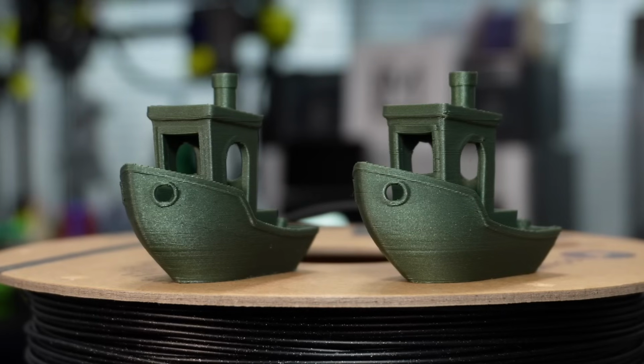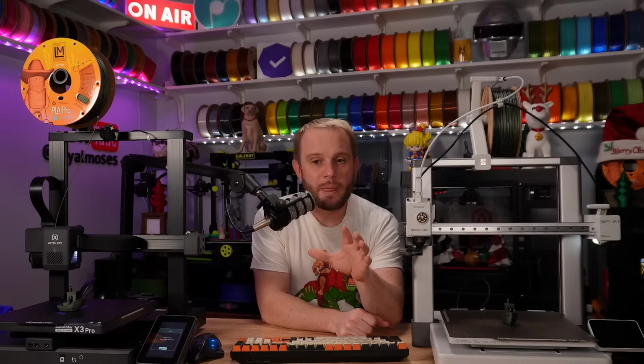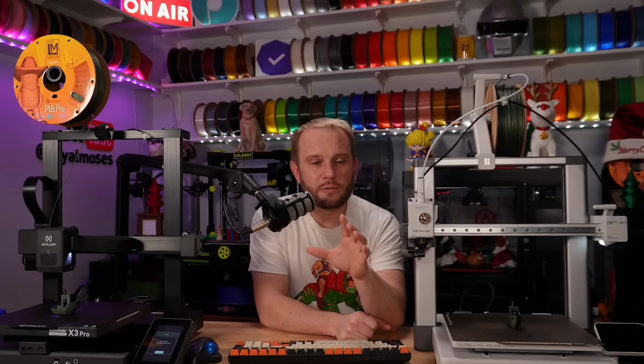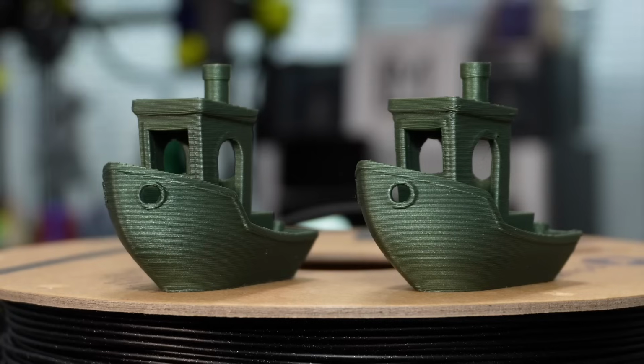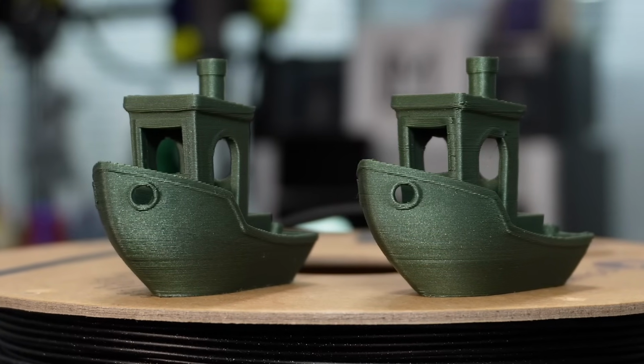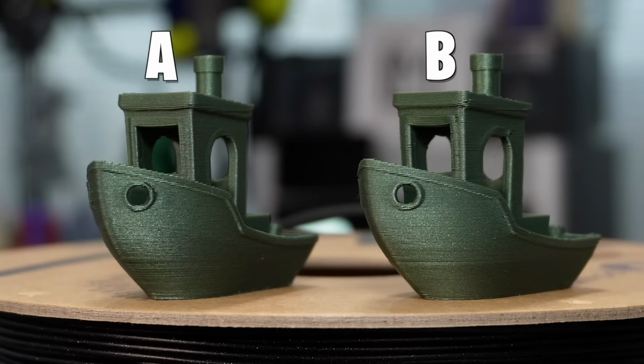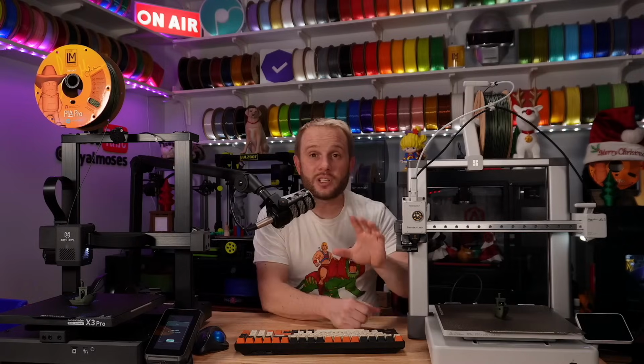So up on the screen right now, you're going to see two images or two videos, and they are of the prints that are on each of these build plates. And I'm not going to tell you which printer they're from. We'll label them A and B. And I want you in the comments right now to look at these benchies that are printed, by the way,